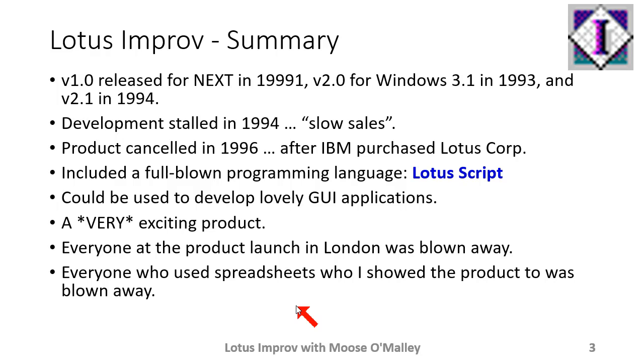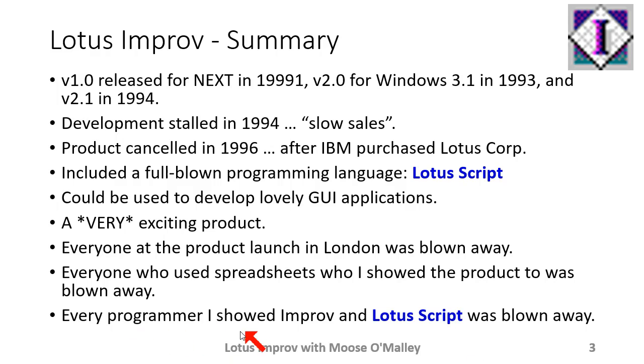People keep emailing me every now and again. I get an email once every few months saying, "Oh, you've got 2 copies of Improv there. Do you want to sell one?" No, I don't. I've got 2 there with all the discs and manuals, and I'll never sell them. I'd love to be able to release the software onto the internet, but IBM still own it. And I've emailed IBM to say, "Can you release it?" And there's been no answer. Of course, there's been no answer. They're just a big company, aren't they? And they don't care about little guys like us. Anyway,